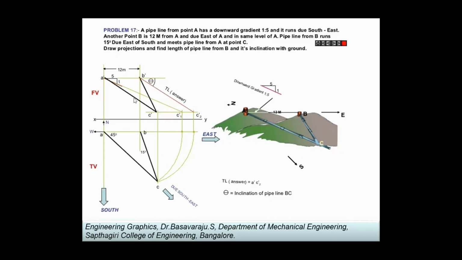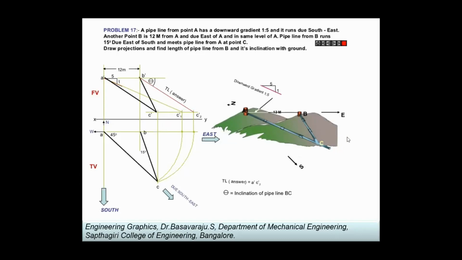See, A dash C dash is a foreshortened length. A dash C1 dash is the true length. If you take the foreshortened length and go for fixing this pipe, you will not be able to join the pipe properly. You will have a shortage. So you have to project it and make the line parallel to the vertical plane or any plane of projection, and then say that this is the length that I need. This is the length that I need. So this is one type of particular application problem.